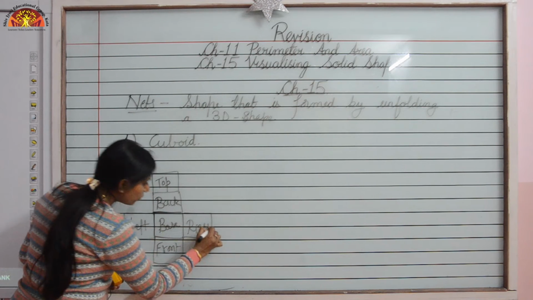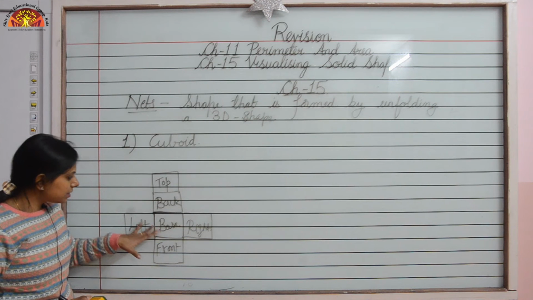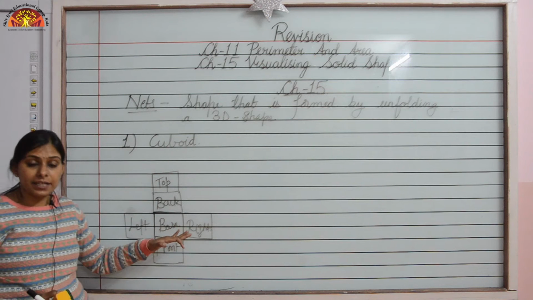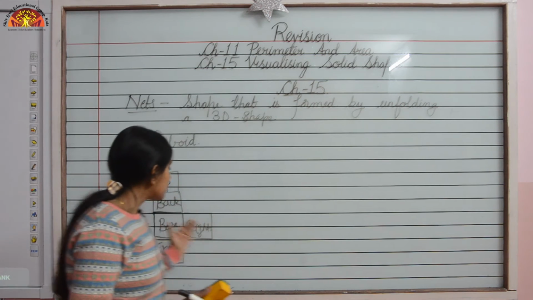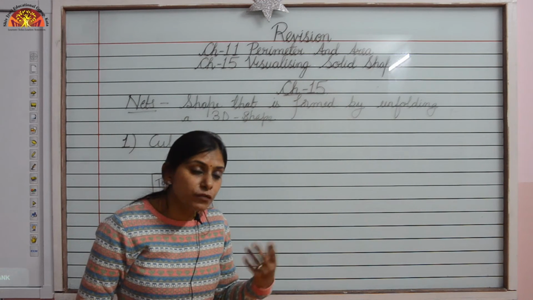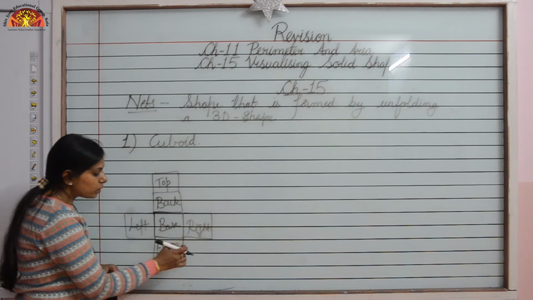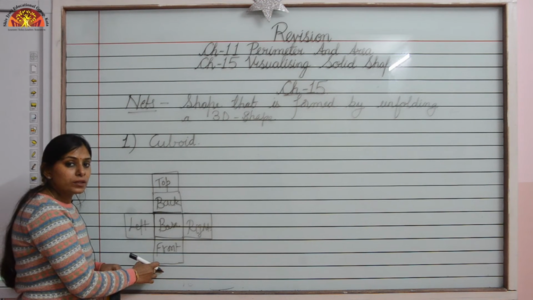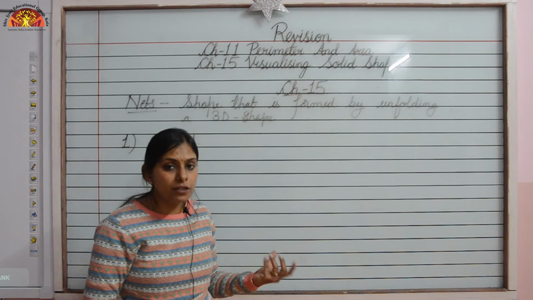So in the case of a cuboid or a cube, there are 6 faces, that is the base, back, front, top, left and right. But children, you can form the net in different ways, okay. It's not at all mandatory that we have one net for one solid shape. We can have a different number of nets. You can see that I have attached the top with the back, but you can attach the top with the right, the left or the front, okay. So we can have one or more than one net of different solid shapes.